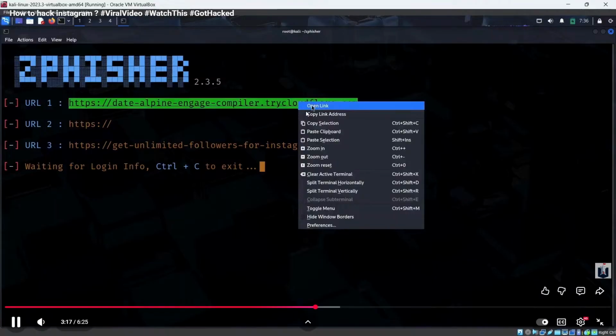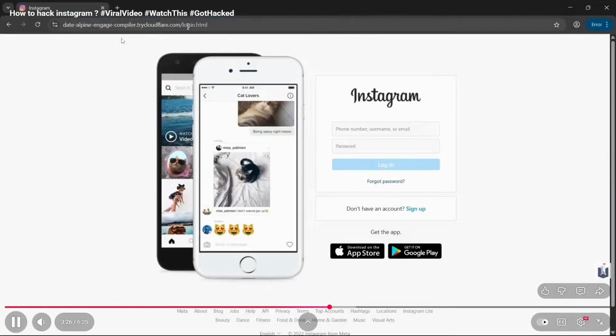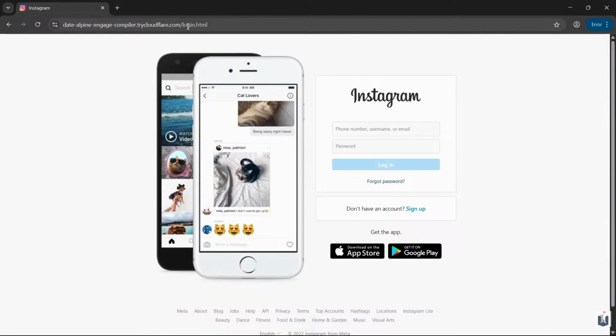Here I got the link, I copied it and pasted it in my browser. And here you can see when I open this link, this is what I get: a fake Instagram login page which looks exactly like the real one.